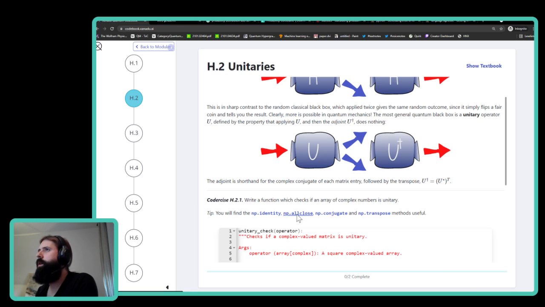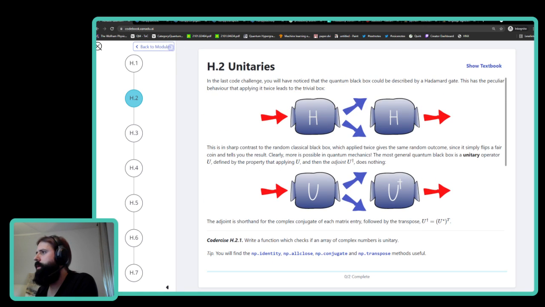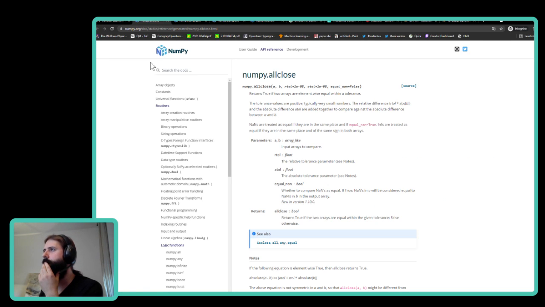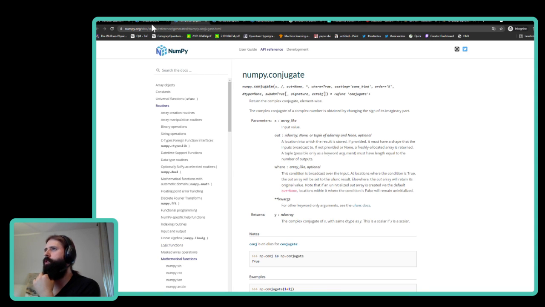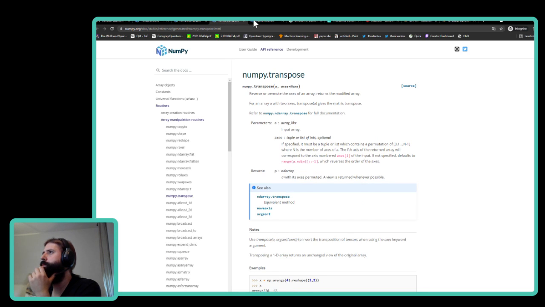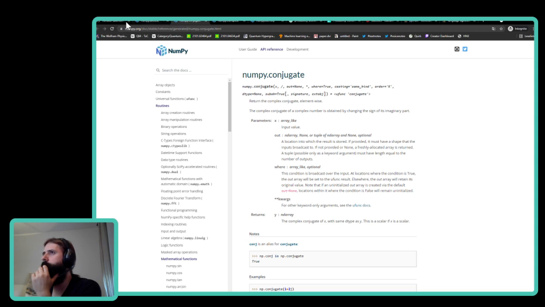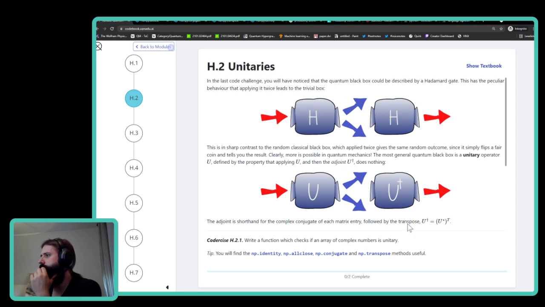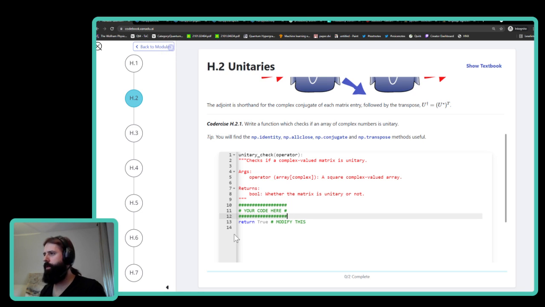What is allclose? Let's check these functions. The adjoint, equal with the tolerance. Yeah, okay, so this is to compare for equality. The conjugate returns the complex conjugate element-wise. The transpose and the identity. The adjoint is a shorthand for the complex conjugate of each matrix followed by the transpose. So I guess you just need to do kind of return